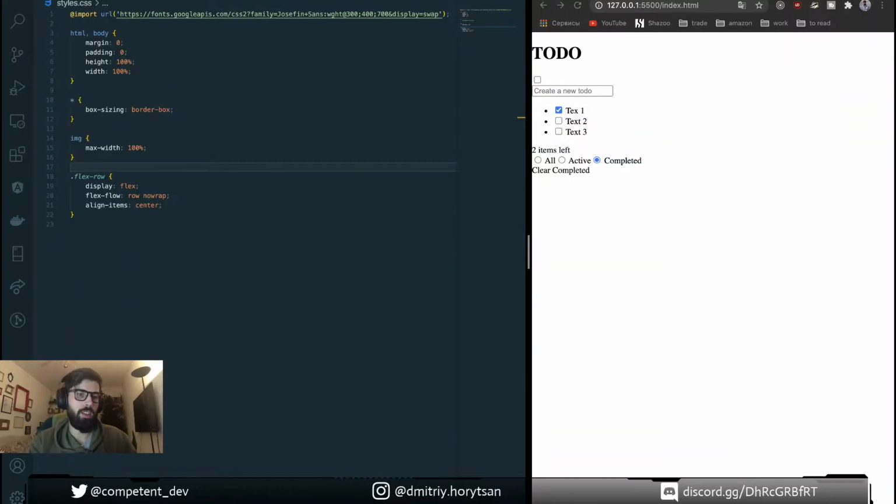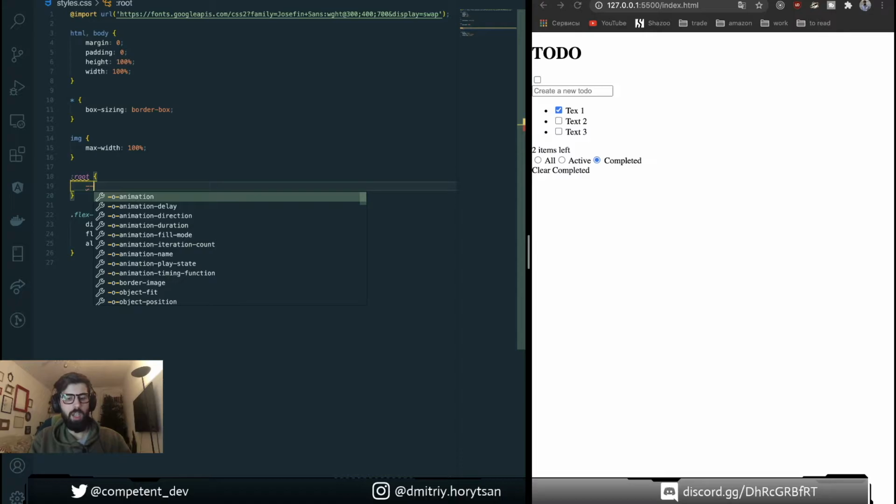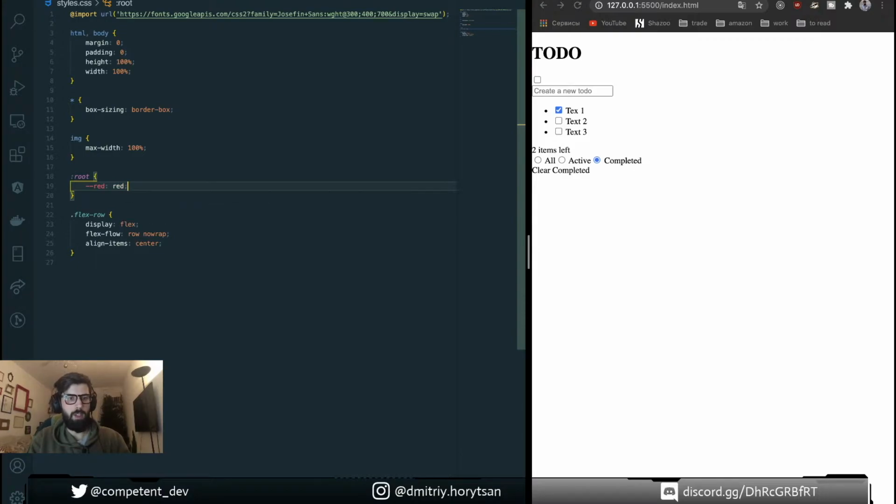One main thing that we're gonna use here is CSS variables. It's not so new a thing, but it doesn't work in Internet Explorer, so take care where you're gonna use it. The main thing about them is that you can define a variable. Basically, they are used in the root, and the way to define it is a double hyphen before the name of it, for example red, and then you set up a color.